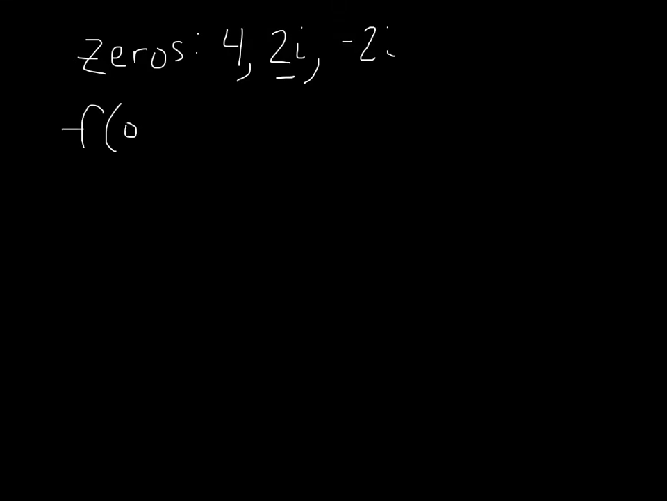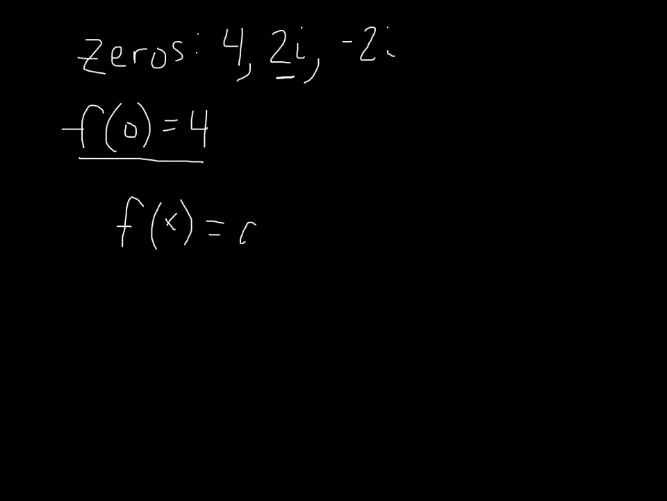So f of 0 equals 4. This initial statement can change for every single one you do, but it needs to be there in order to find the value of the constant. So when we set up to find the actual polynomial, we'll have f of x